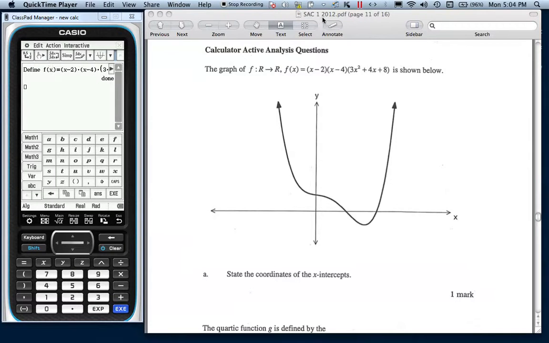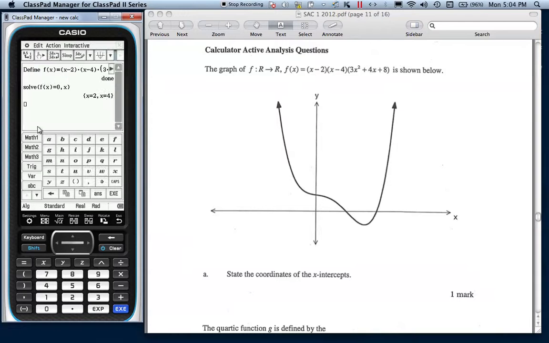So this is SAC 1 2012 and it's the calculator active analysis question. We have a function here and there's a graph drawn of it, and the first question says state the coordinates of the x-intercepts of that. What I've done is entered that function into the calculator and defined it as f of x. And since the x-intercepts occur when f of x equals 0, I'm just going to solve for that